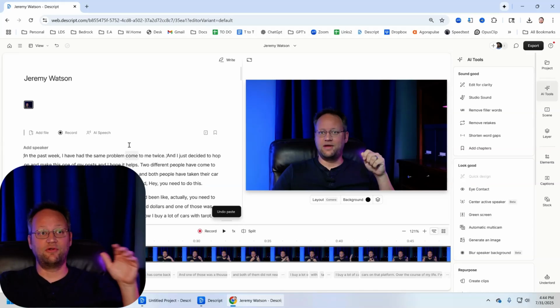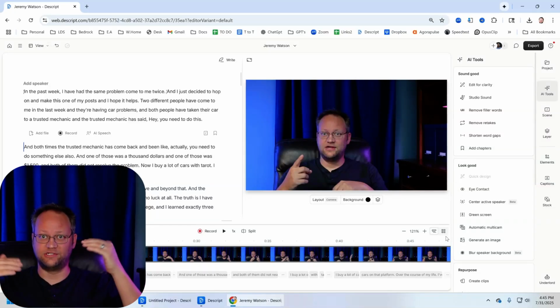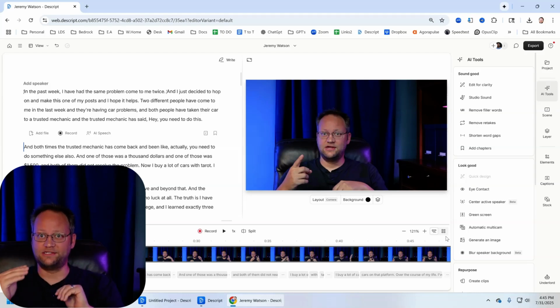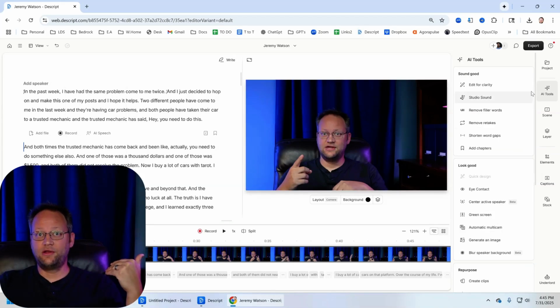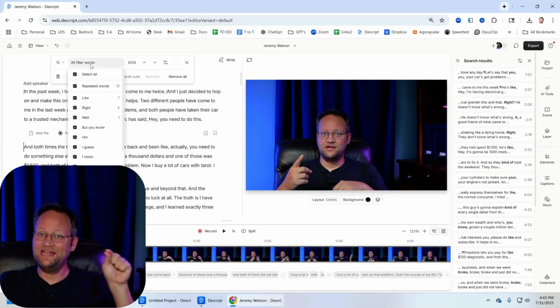You can very easily go into Descript and press enter and record a new section. You can very easily use AI to overdub your speech. I never do that. What I do an awful lot is I use these AI tools over here, right? I use the words "and" as my brain pauses, when my brain is generating what I want to say. Everyone has words that their brain just defaults to when they're loading, when they're rendering. Mine are uhs and ums. So you can go up here to the AI tools and remove filler words. You can go to all filler words and remove every single one that it thinks is a filler word.